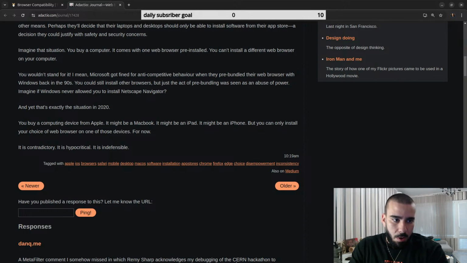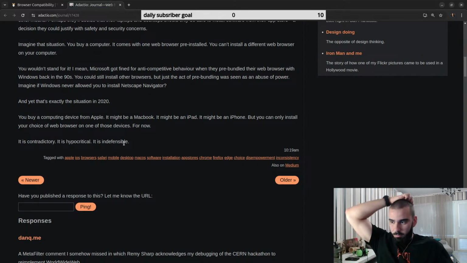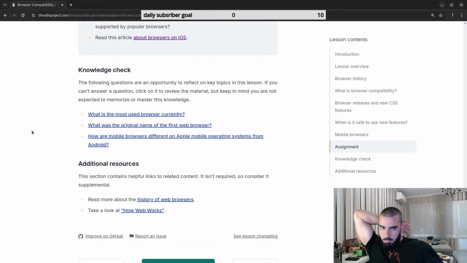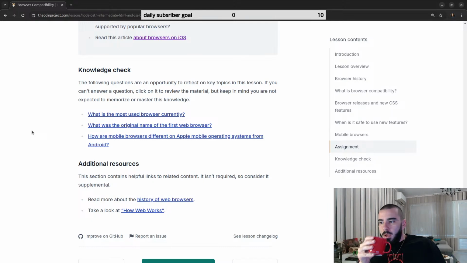So only on the MacBook can you install any other browser for now. It is contradictory, it is hypocritical, it is indefensible. Alright, so anyways, that was a short read. It's quite interesting. I never knew that you can't really install any other web browsers on an iPhone. Okay,